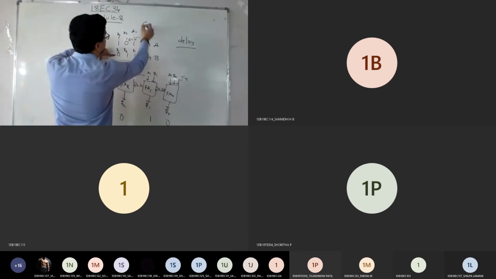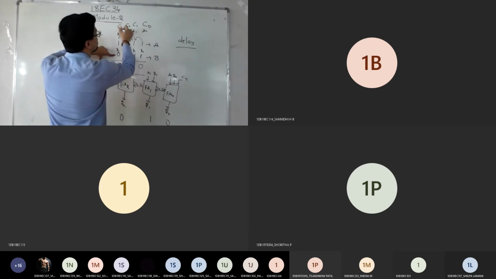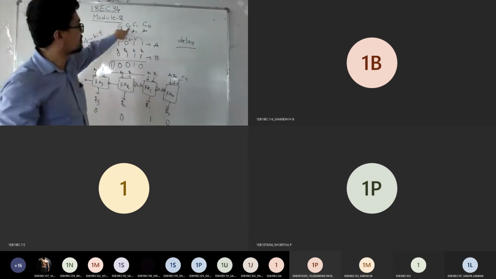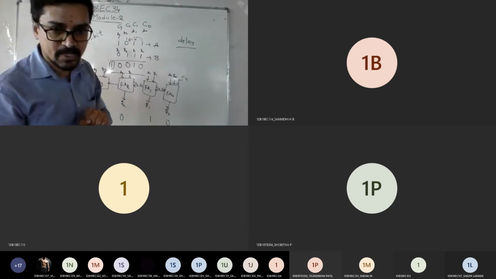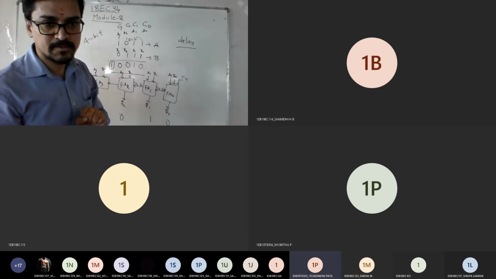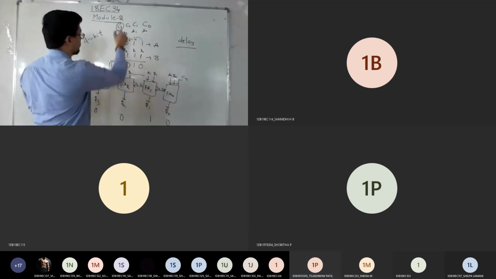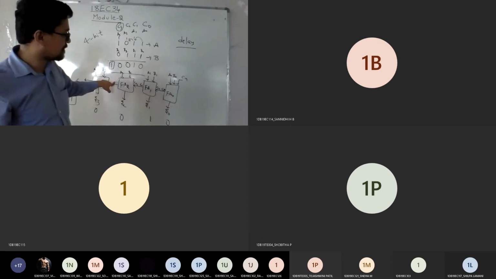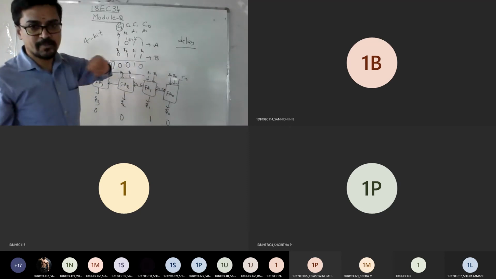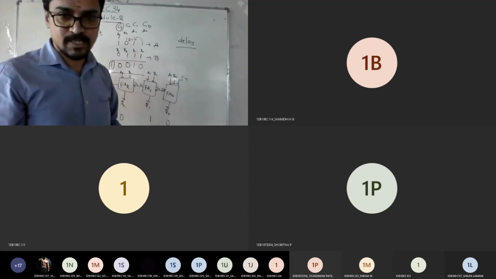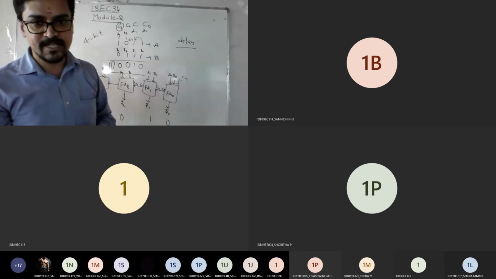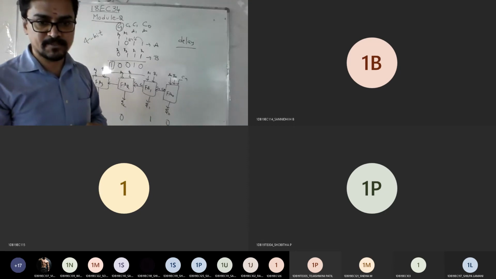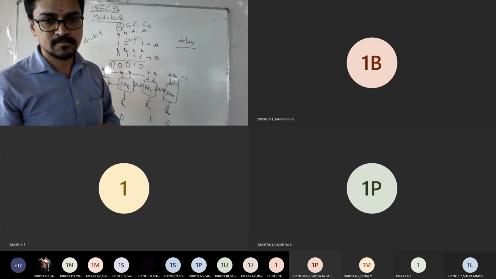For example, if I take this as C0, C1, C2, C3, is this C3 depending on C2, C1, C0, all three? Yes or no? Yes, sir. So the last carry out, the C out, depends on the previous carries of each adder. Because of that, delay has increased. If we get increased delay, what is the meaning of that design? If the design says delay is more, what is the disadvantage of that?